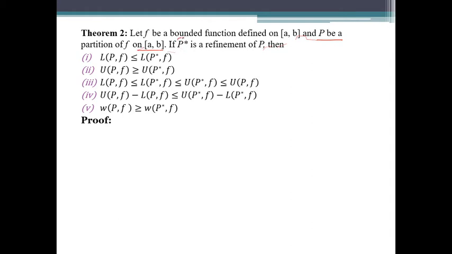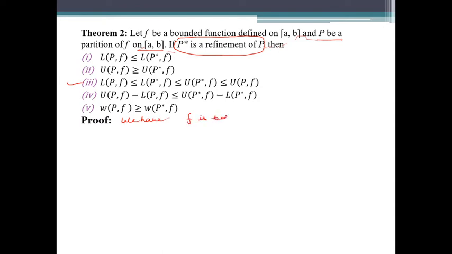If P star is a refinement of P, then we have to prove that L(P, f) is less than or equal to L(P star, f), and similarly we can prove U(P, f) is greater than or equal to U(P star, f), and then the third, L(P, f) is less than or equal to L(P star, f), which is less than or equal to U(P star, f), which is also less than or equal to U(P, f). So first of all, we are given that f is bounded